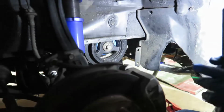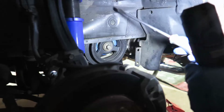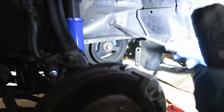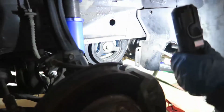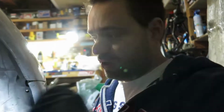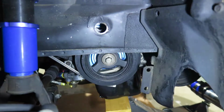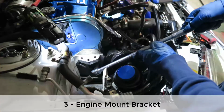We gotta take this bolt out of here, but to take that part from the inside, which we have that hole, we have the support for the, what is that called again? The support for the engine mount. You need this hole here, so we're gonna drop the engine a little until that shows up right in there. So as you see, I can't reach anything here. It's not exactly what I want, but it's going to be right there. So we're going to put an extension and reach the bolt we want. There's one bolt here. I lift the engine a lot,